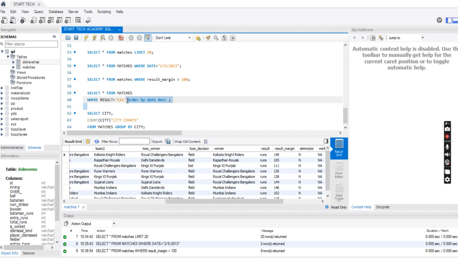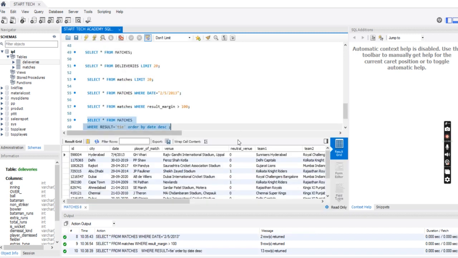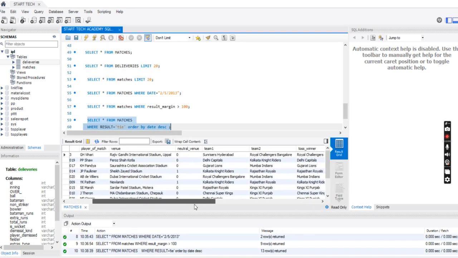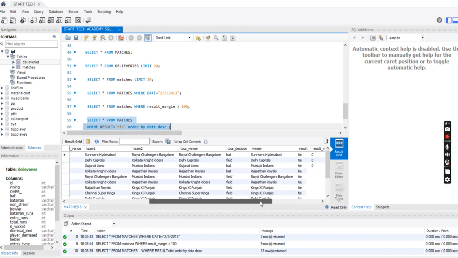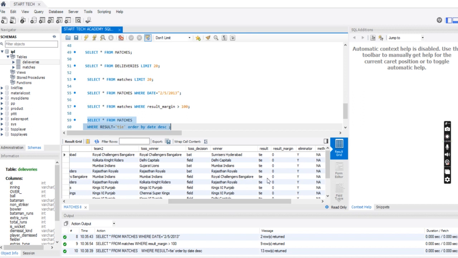If it's ascending, in the same manner we are going to write ASC for ascending. So now let's run this. Yes, see, we receive all the data where the result is equals to tie. See, result is tie. So it means we are getting the correct result.